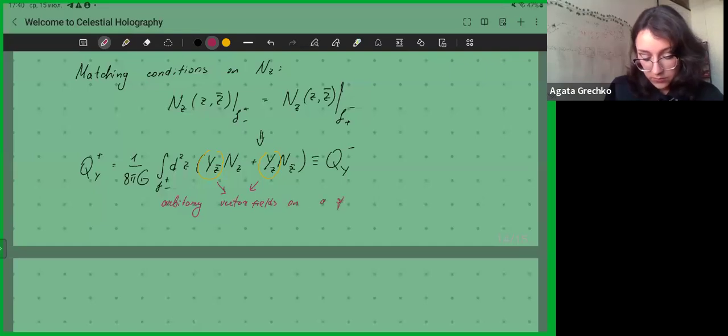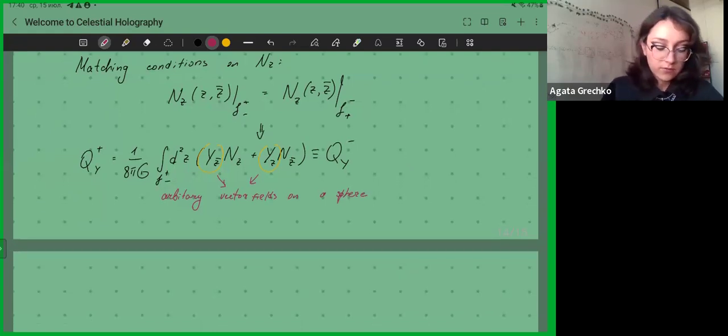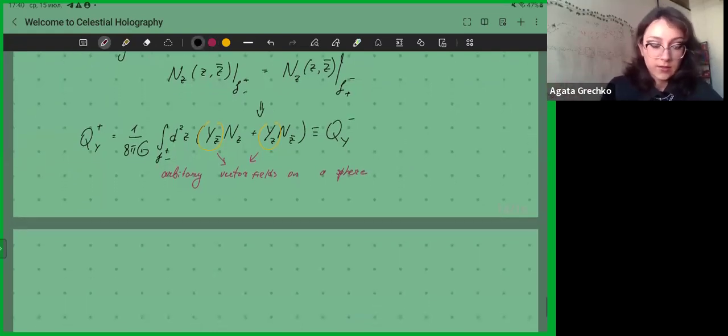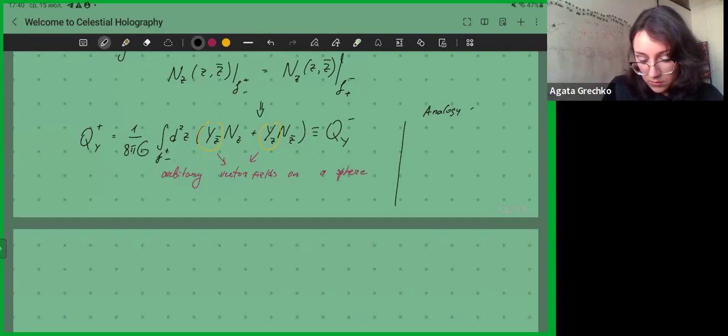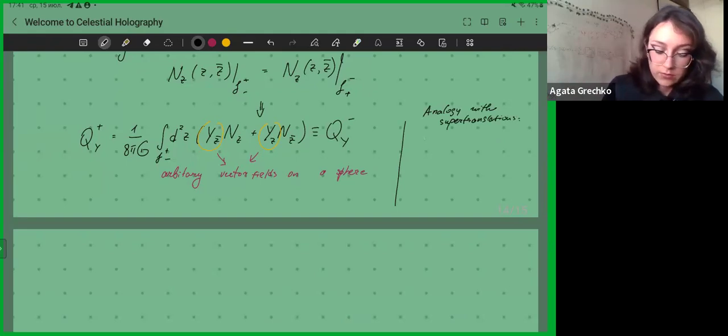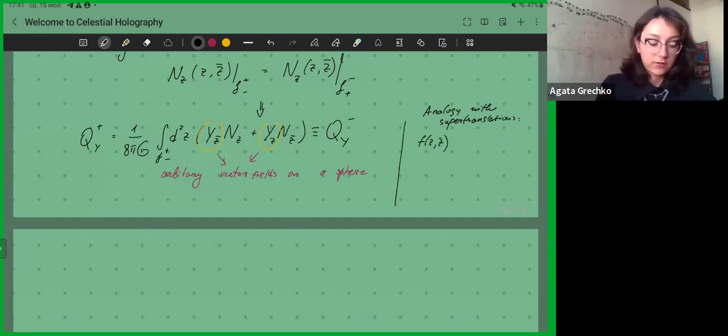So remember, our supertranslations were generated by functions, by analogy with supertranslations. They were given by some functions on a sphere. Here, these new transformations preserving our